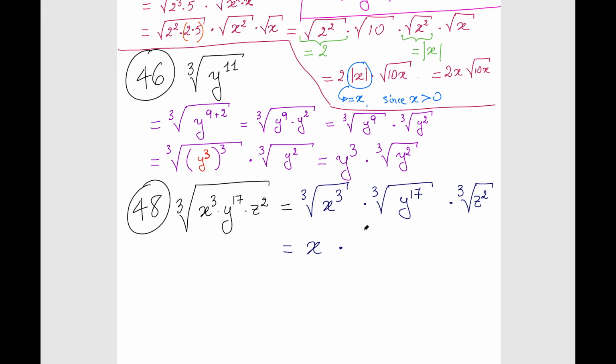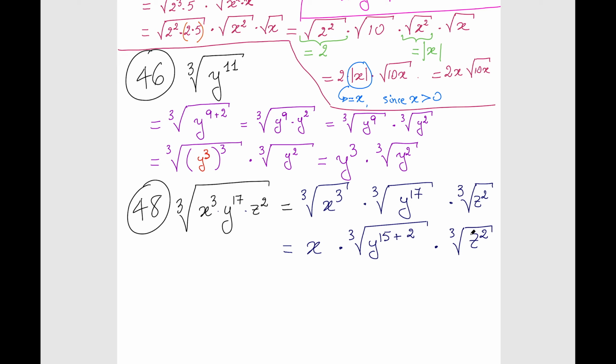So this can be written as the cube root of y to the power 15 plus 2. Am I correct? Times the last part, which is already simplified